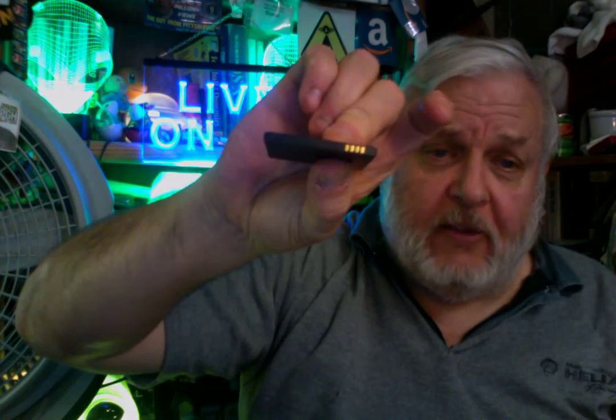So after you put the SIM card in with the T-Mobile going up, you put the battery in with these little gold pins on the bottom. Here is the inside of your device, and you just slide the battery in to link up with the pins, and it fits in there, and then you close the cover, and the cover stays on very tightly. I'm going to leave this off for a minute because I have to write down the serial number. And then to turn it on, you just push this little button,